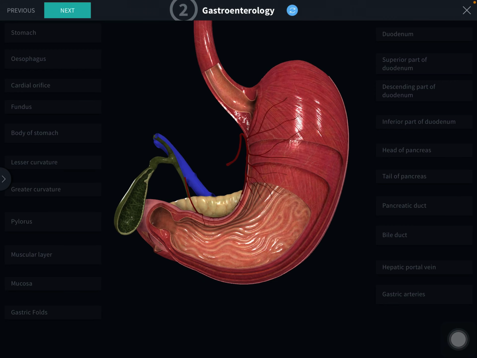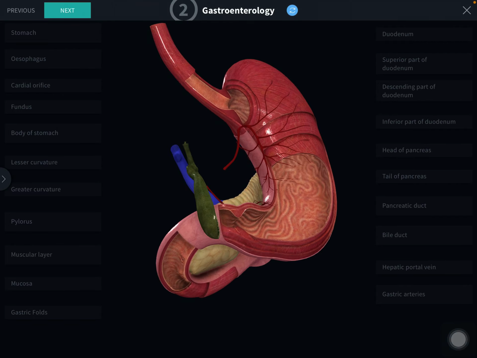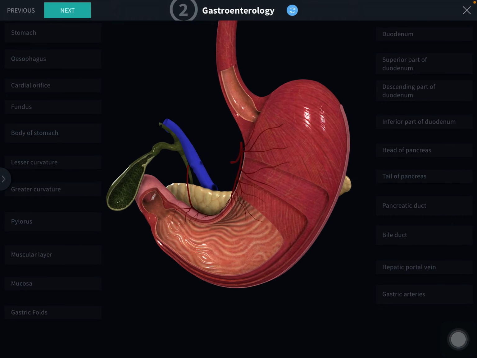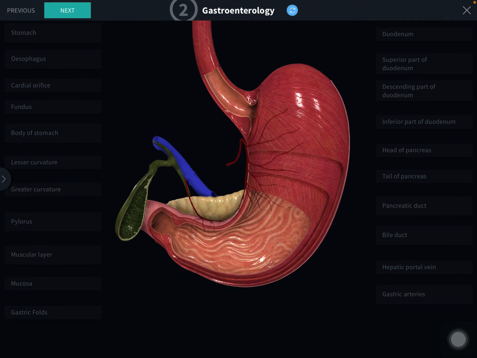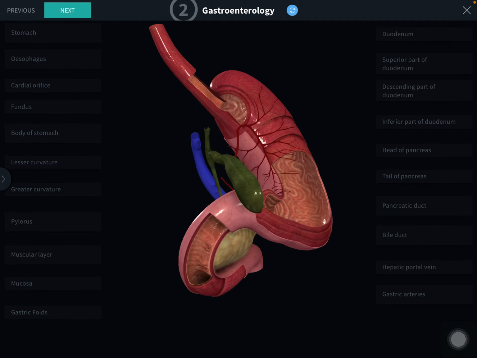If you see the gallbladder, it has three parts. Fundus is the lower expanded free end of the gallbladder, which projects below the liver. You are seeing that is the fundus. Next is the body of the gallbladder, which will be situated in the fossa for the gallbladder of the liver, which will continue as the cystic duct. So the cystic duct will join with the hepatic duct to form the bile duct, which has three parts.